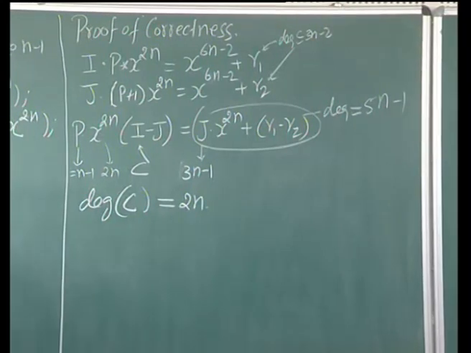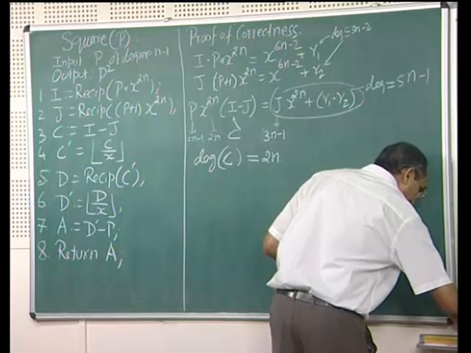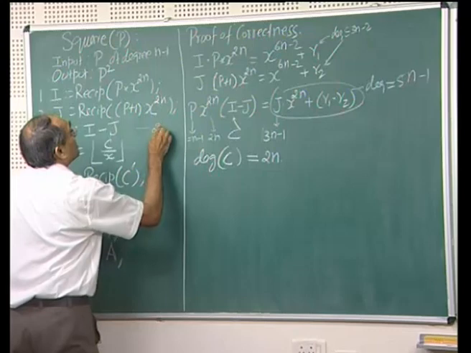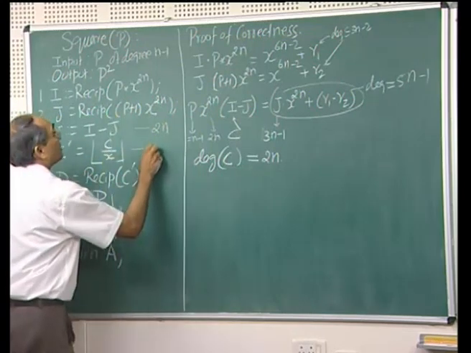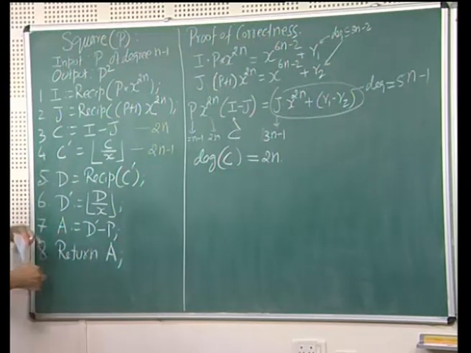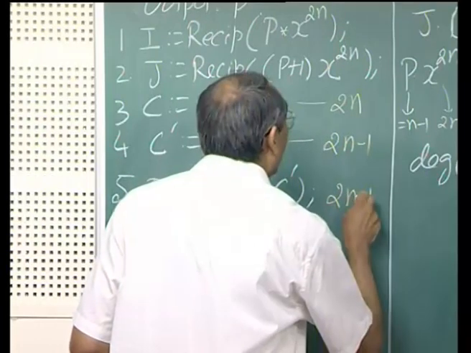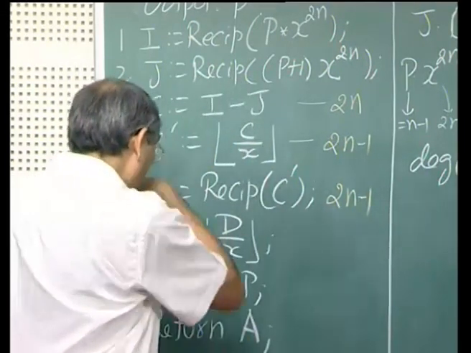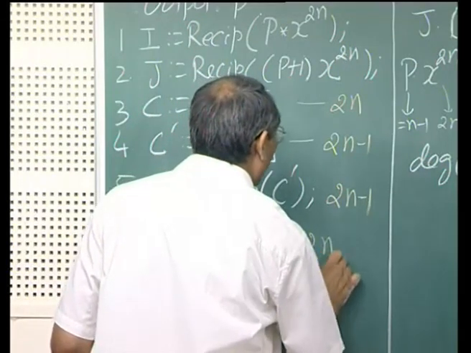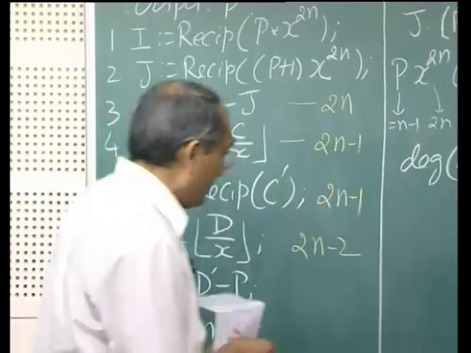Okay. So, let us just note down the degrees of these terms. This has degree 2n, this has to have degree 2n minus 1, reciprocal of C prime. So, this has degree 2n minus 1 and this has degree 2n minus 2. Okay. So, now